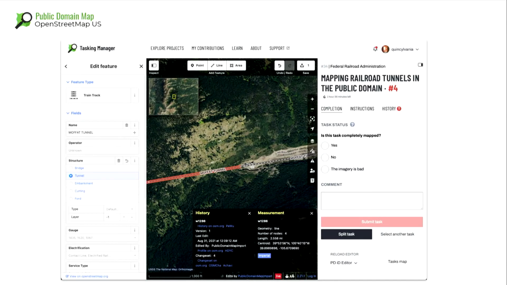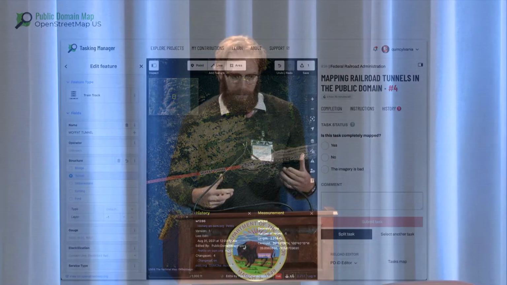We're basing this off the Humanitarian OpenStreetMap Team's disaster relief Tasking Manager. You bring in your data, or you start with just an empty slate. You go into our Tasking Manager and create a task where people can go in, and it breaks up your target area into little squares, and any contributor from around the world can go in, get involved, create data, and then the data goes back to you.